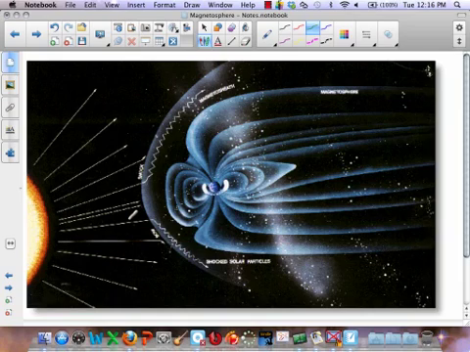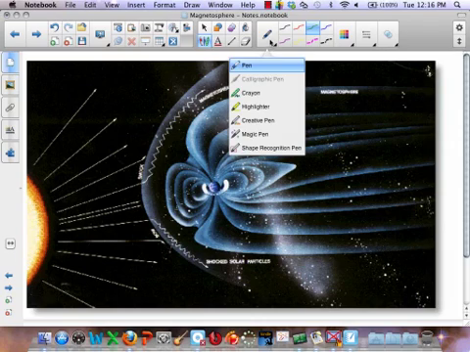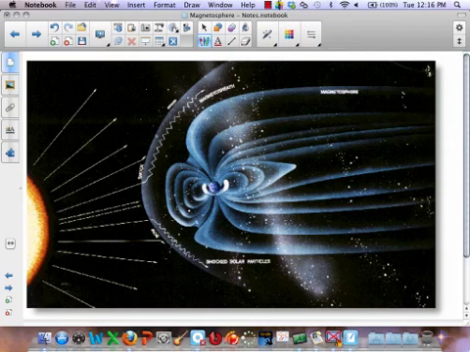So this is basically what it looks like. On most days, this is kind of what happens to our magnetosphere. So you can see where solar wind comes in and it hits this front shield right here. This is called the shock bow,